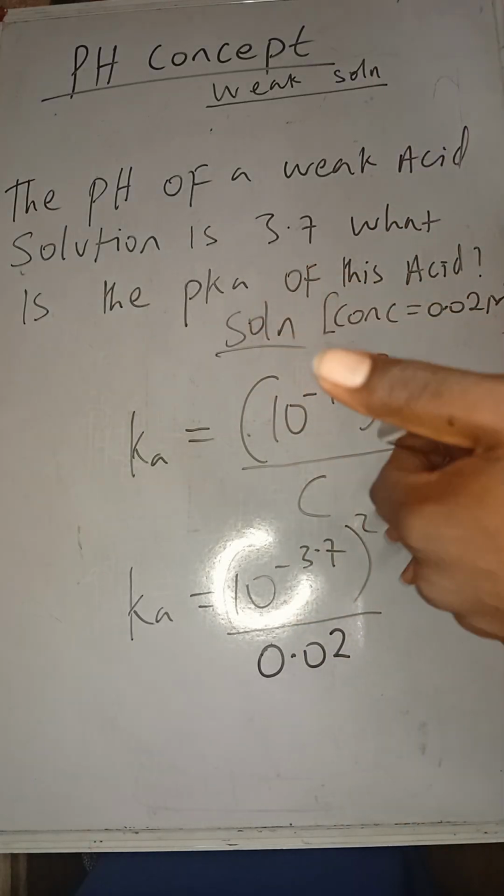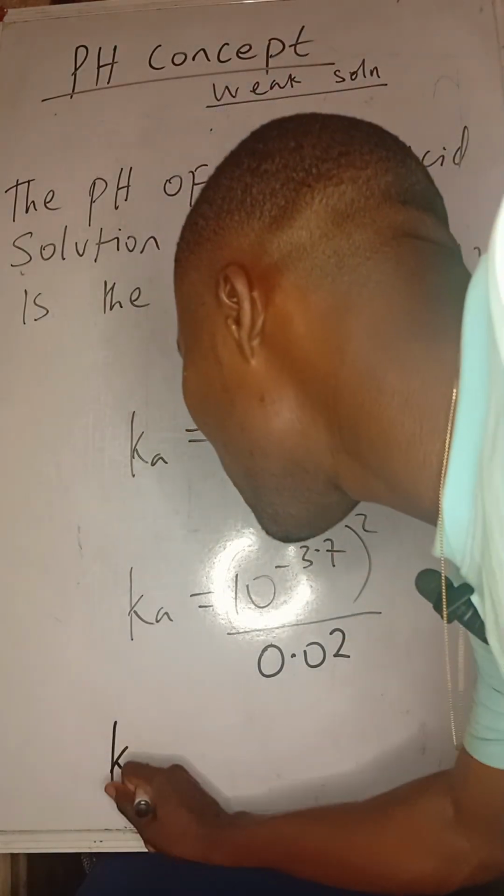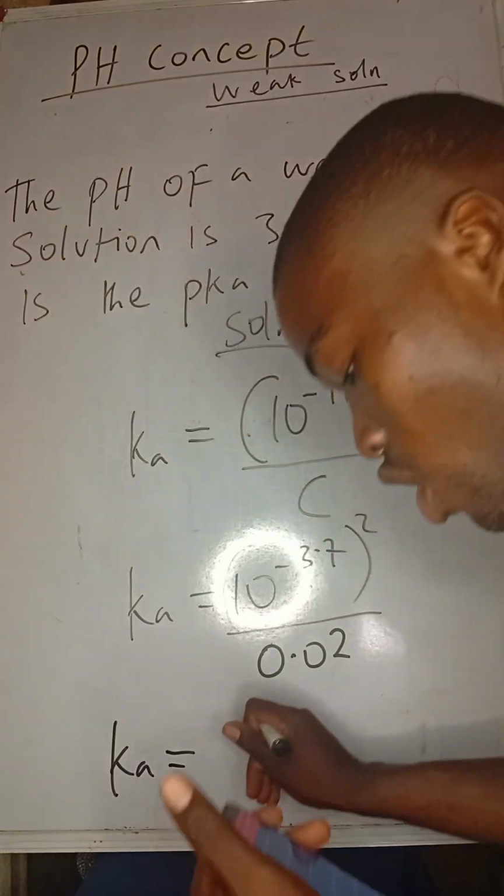So 10 raised to the power minus 3.7 is, so I have Ka equals to